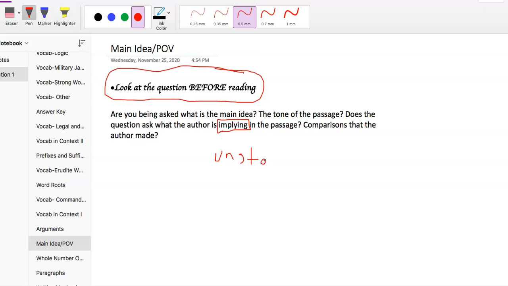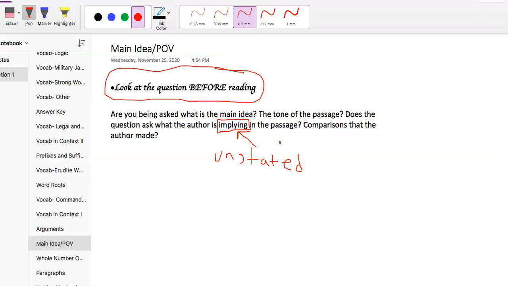Okay. When you look at your answer choices, if you're asked a question about implication, implying, or assumptions, there are going to be answer choices where it's stated, like it's a fact that's mentioned in the text. That cannot be the answer choice. So at a minimum, we need to at least eliminate those answer choices, right? That'll help you at least increase the chances that you get it right.